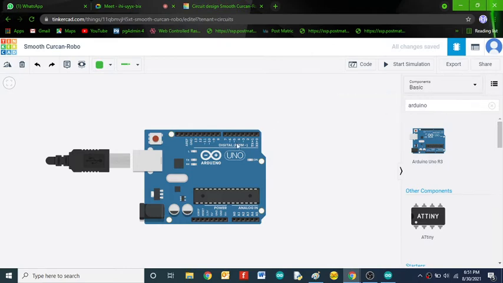Here you can see we have the digital pins D0 to D13, that is number 0 to 13, and analog pins A0 to A5. And we have the Vin, ground, and 5 volt. These are the power source. And this is the reset.